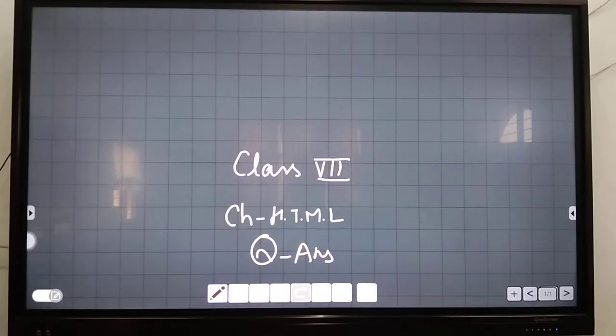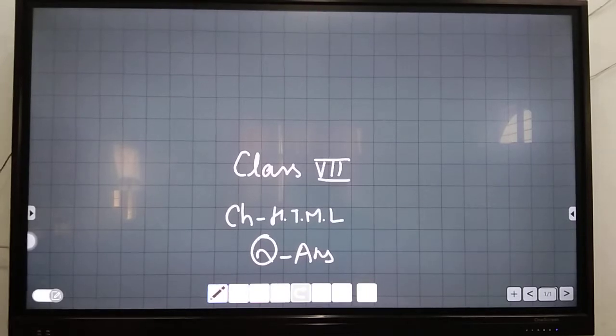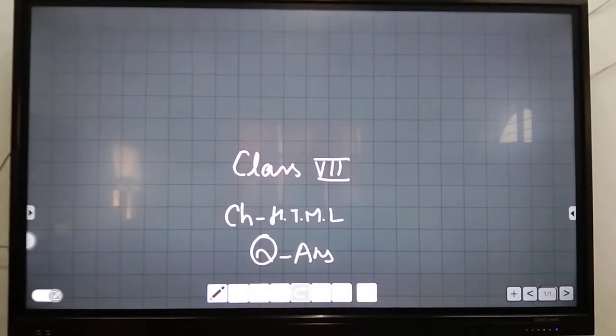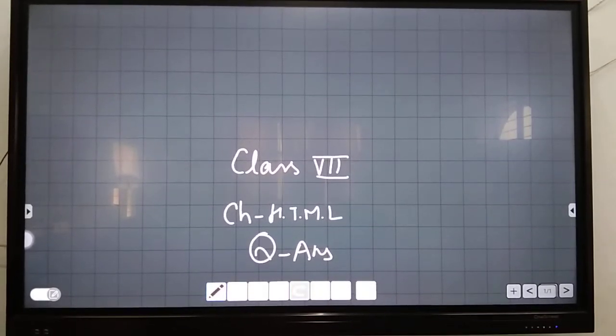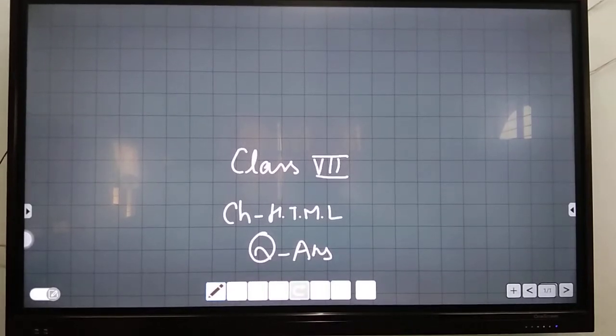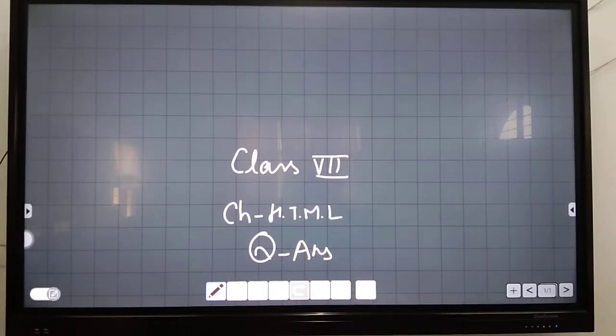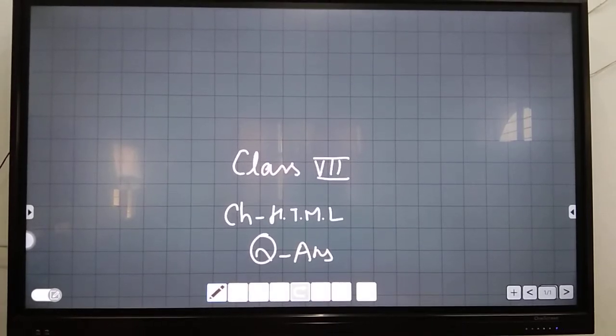Next is how will you nest an unordered list inside an ordered list? Yes, we can nest an unordered list inside an ordered list using the suitable tag system. Question number 4. Which two tags will let you create unnumbered or numbered lists? If it is unnumbered, then it is an unordered list. If it is numbered, then it is an ordered list. So the answer is like that. Unnumbered list is followed by the unordered list and numbered list is followed by the ordered list.